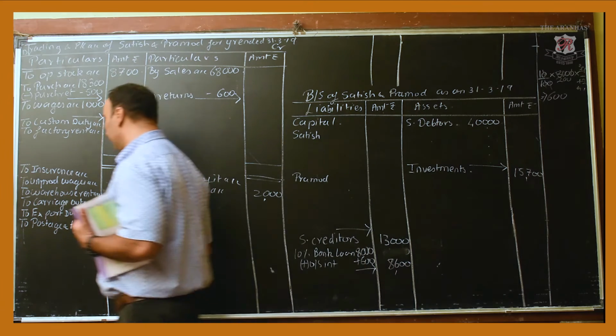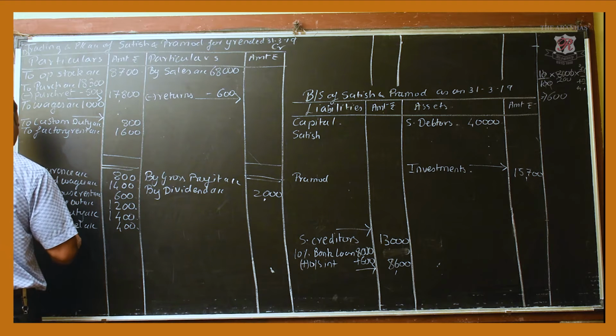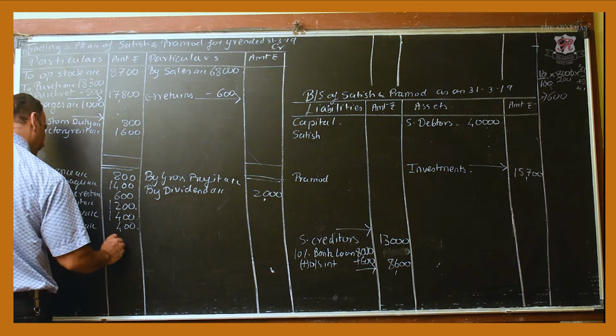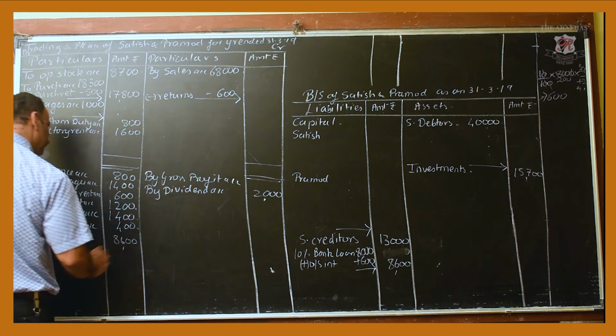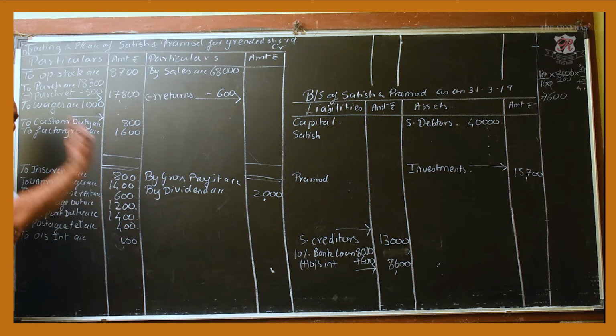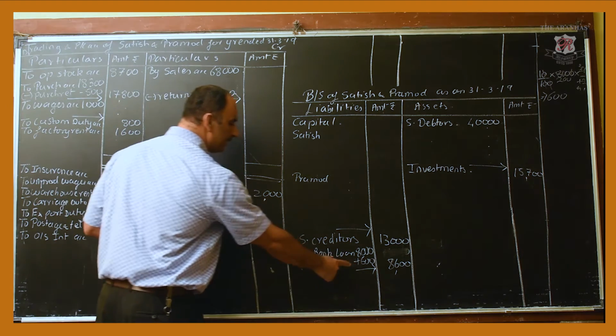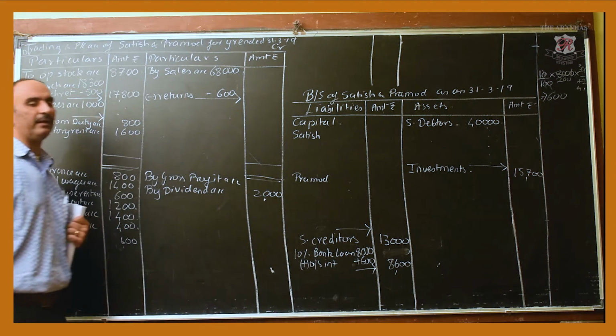And the second effect, this interest is payable. So here I will record it in the outstanding interest account. Sorry, what am I putting? Sorry, it will be 600 rupees. That is the outstanding interest that I have to pay to the bank. Why 600 rupees? 8,000 is the liability, 600 is the interest that I have to pay. So 600 I will put here.